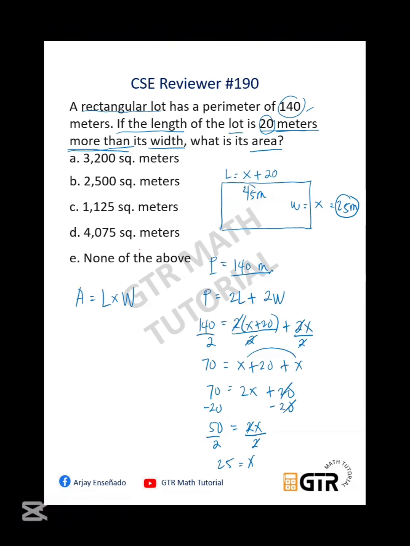So now let's substitute the length and the width to the formula. To this formula, area is equal to length times width. So we have 45 times 25. So let's multiply this manually. So we have 45 times 25. 5 times 5, we have 25. 5 times 4 is 20 plus 2. We have 22. And then 2 times 5, we have 10. 2 times 4 is 8 plus 1. So we have 9. So add this, we have 5, 2 plus 0 is 2, 1, 2 plus 9, that's equal to 11. So therefore, the answer is 1,125 square meters.